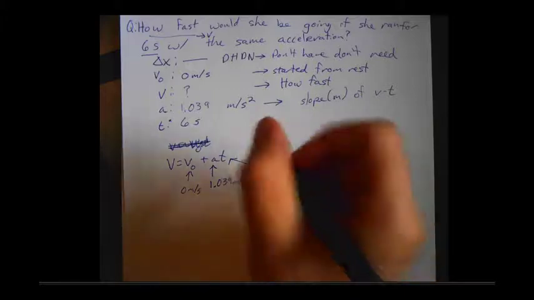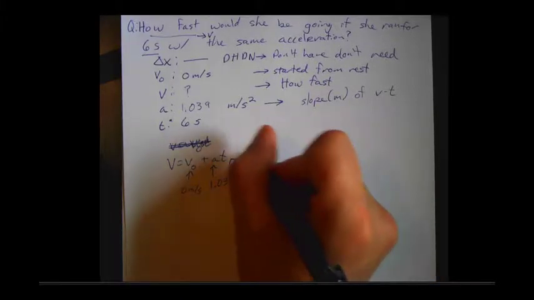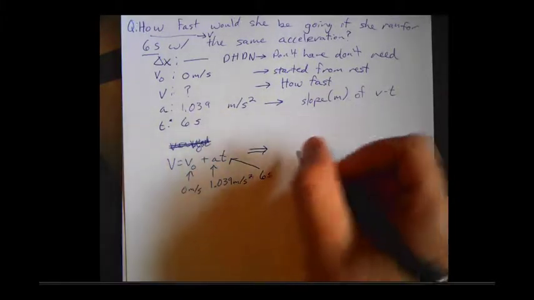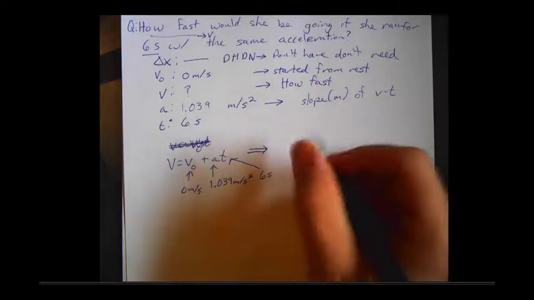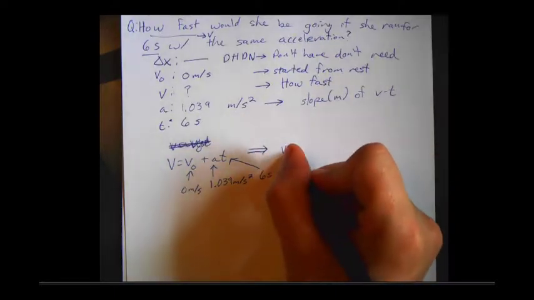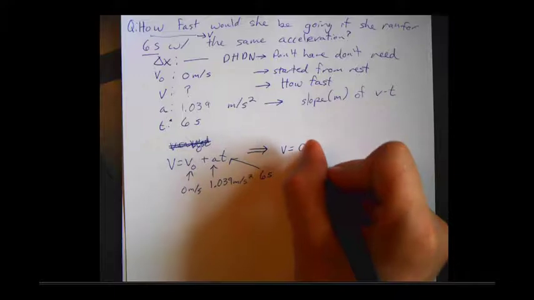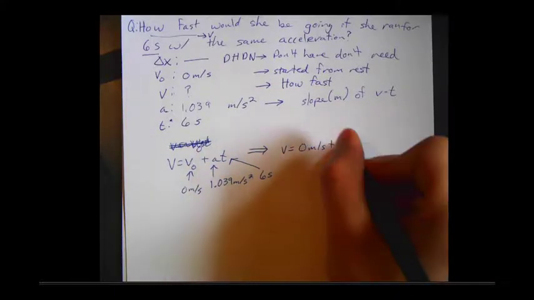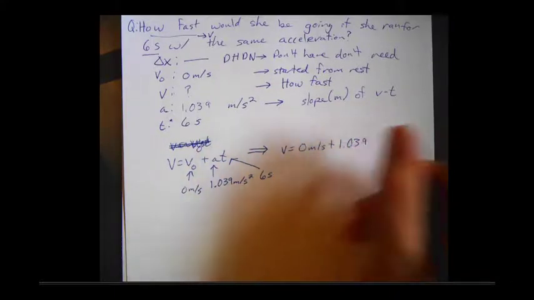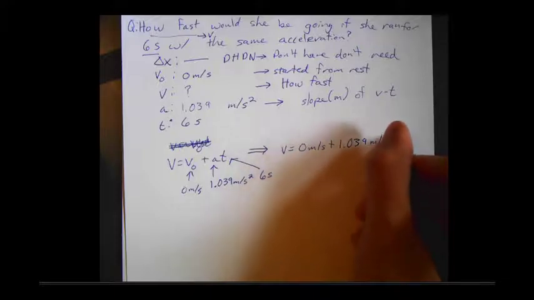And so we plug those in. And we get v equals 0 meters per second plus 1.039 meters per second squared